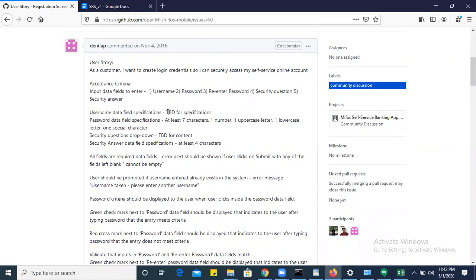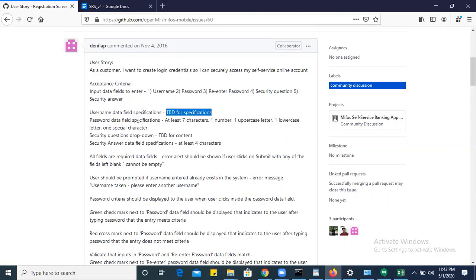We'll see later what the username should contain, what it should not contain, what the length of characters will be, 30 or 60, and whether it should accept numbers, spaces and so on. Here they have not mentioned anything, so we'll see later what we can consider. For the password data field specification, they have mentioned at least 7 characters, one number, one uppercase letter, one lowercase letter, and one special character.